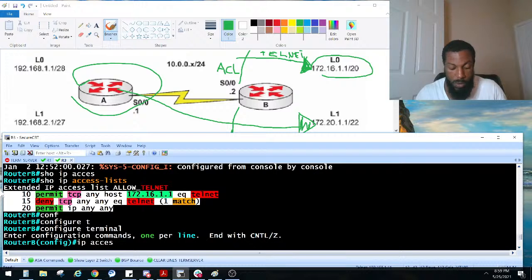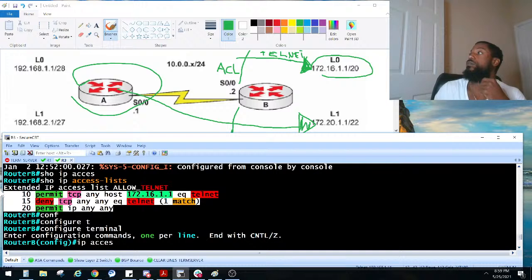No, I'm sorry. What was that rule at? Enable Telnet on the router. No, he didn't say anything about that. But when we apply the access control list, we need to apply it on the VTY lines as opposed to the loopback. But I see what you're saying. It would make sense to do it on a loopback, but no, he did it. Let me see. No, he didn't even apply it on the